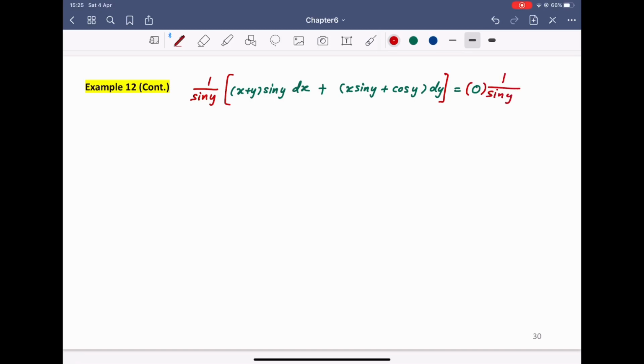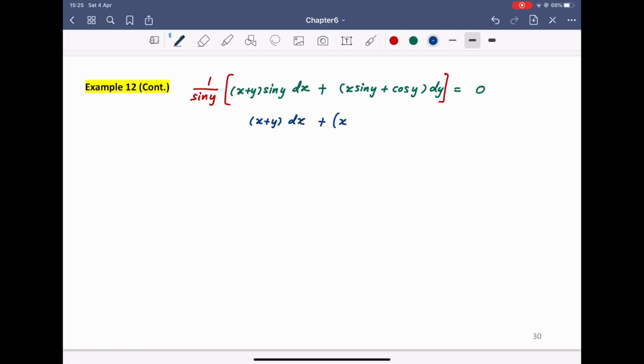On the right hand side, you can see that this is completely 0, right? Because 0 times everything is always 0. And then on the left hand side, you have something to cancel. So once you multiply by 1 over sine y into this differential equation, you have just x plus y dx plus